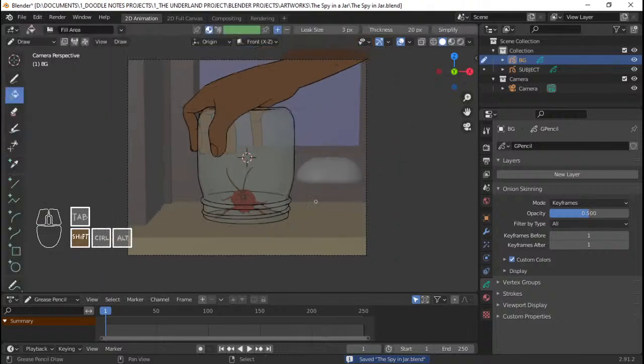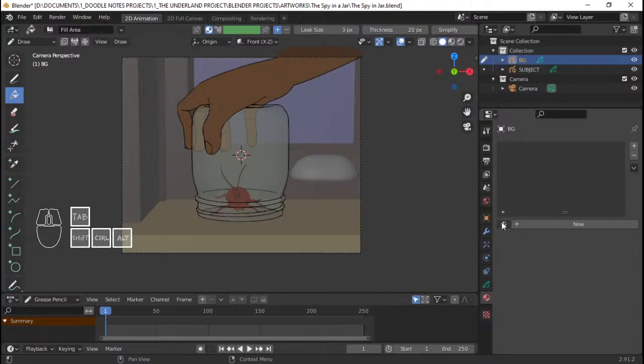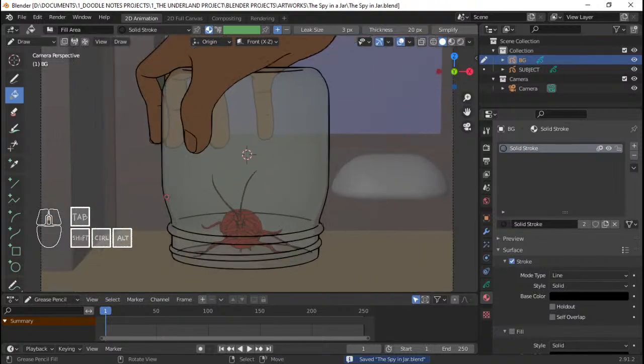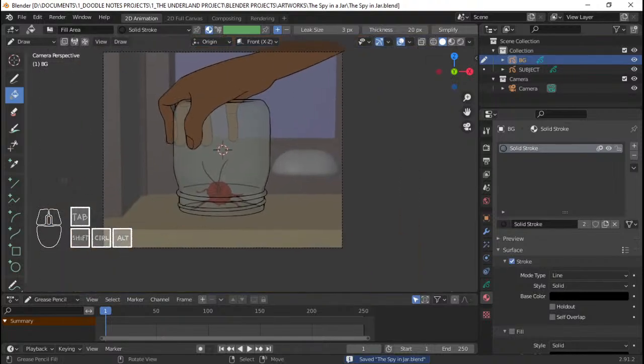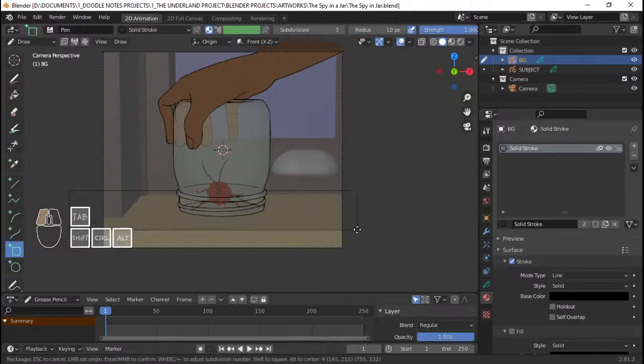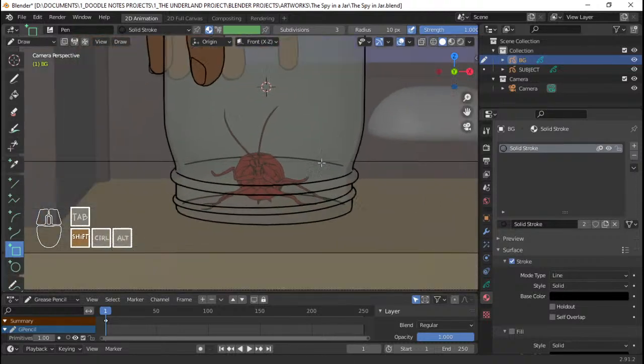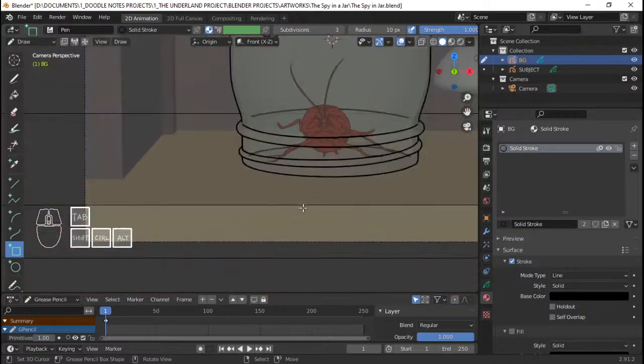And anyways, yeah. Keep going here. I'm gonna add a material here. Let's add solid stroke first. I'm gonna add some lines for the background here. I'm gonna start with the table one, which I'm just gonna use a rectangle tool right here to easily make a windowsill. This is a windowsill, right? Do something like that, and I'm gonna add another on top right here. Now we have lines